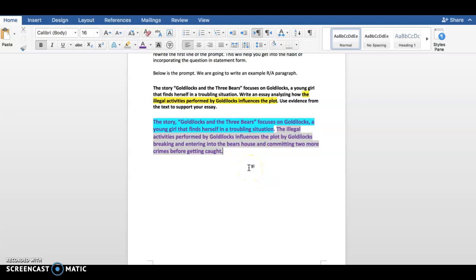When you go to write your TDAs, you want to restate or copy the first line, find your question word and what it's asking you to do, so analyze how, and then turn this into a statement with an answer on it. We'll practice this all year. Our first few TDAs will be writing just RA so you get the hang of it and finding our answers so that we can have examples for our CE paragraphs, our cite and explain, finalizing our TDA with our summary.